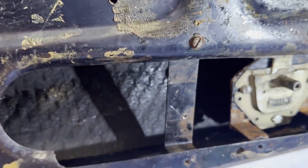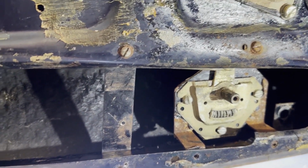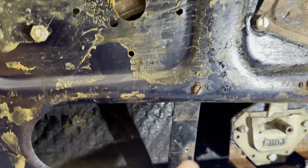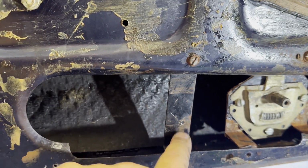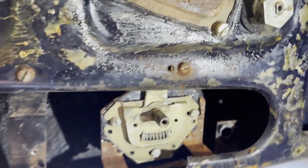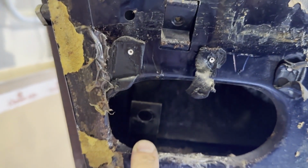I won't bother taking that off. I'm just going to stand past it like that. But that's where the 3rd screw goes. This is a bit of strengthening. There's obviously a hole in the screw there for the mechanism that goes on. Oh, that's where the spacer goes. So the spacer for that piece of chrome trim that comes down at an angle, that's where the spacer goes and the screw goes through. So that's how it looks. There's a holding bolt for the chrome frame, and there's the other side